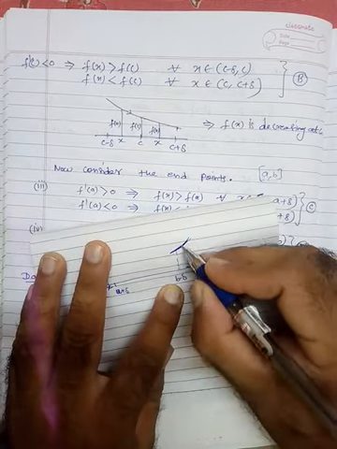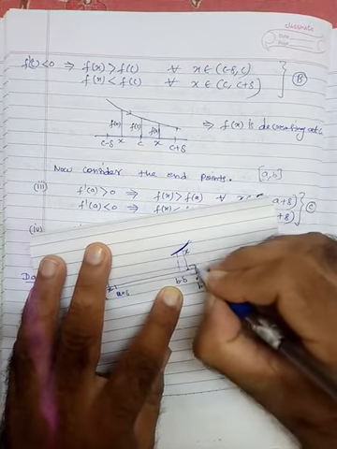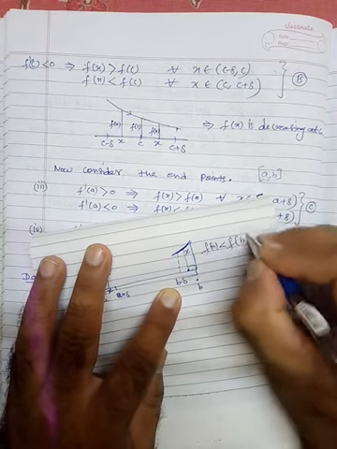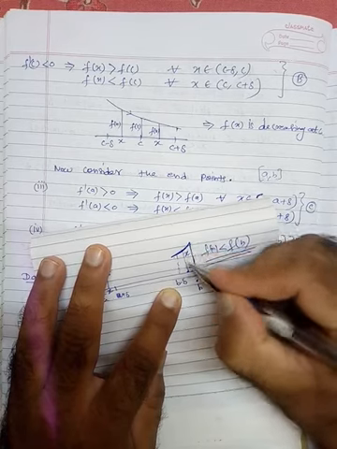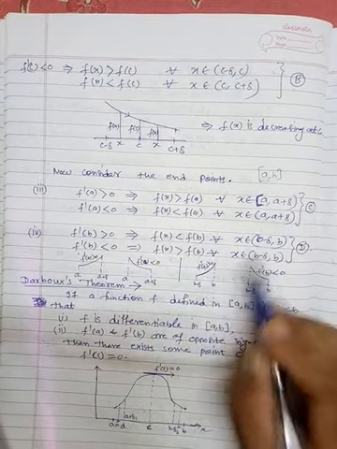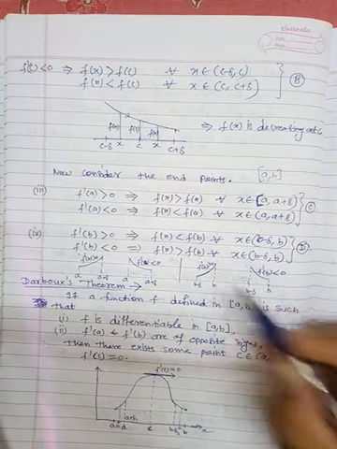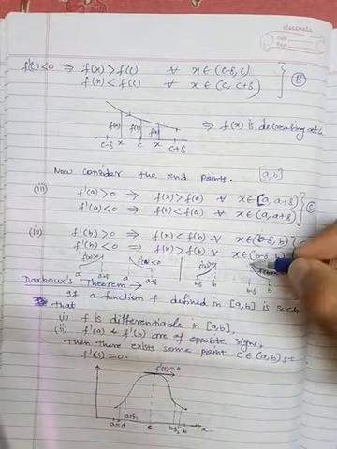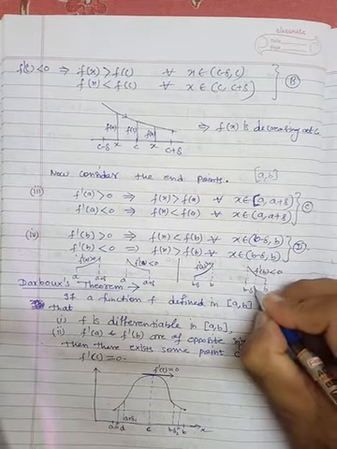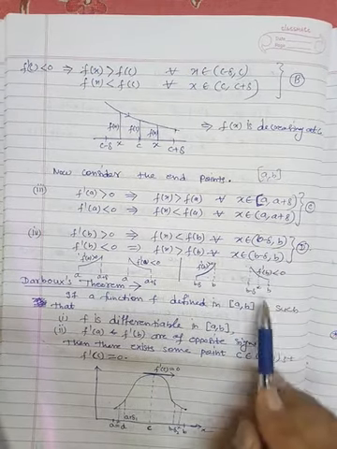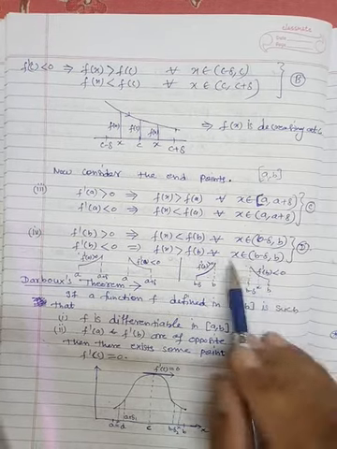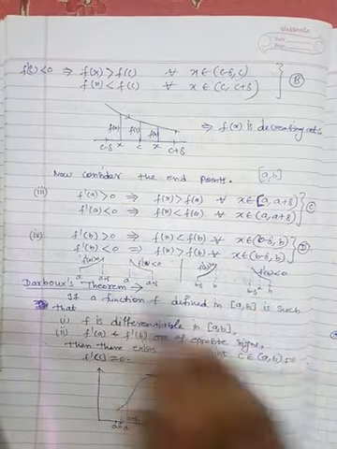That means f of x here, and you will see this is the right end point, so f of x is less than f of b. This b is higher than this f of x, increasing pattern, so f of x is less than f of b, so this is shown here. Similarly, if negative, that means decreasing pattern, so f of b, x is somewhere here, so we can say that f of x is greater than f of b. This height is greater than this height, so that's why this. So this is for the end points.